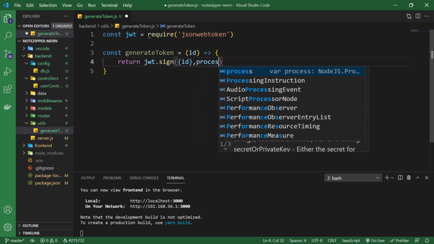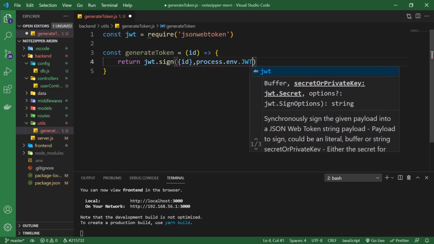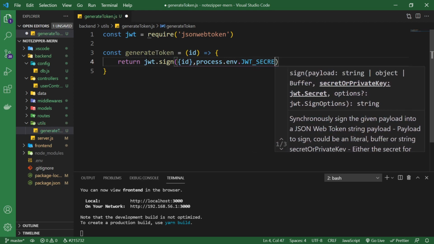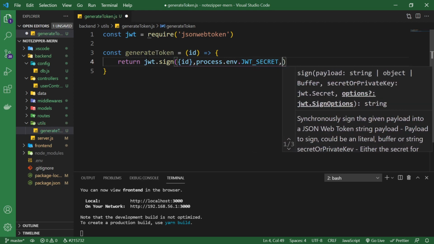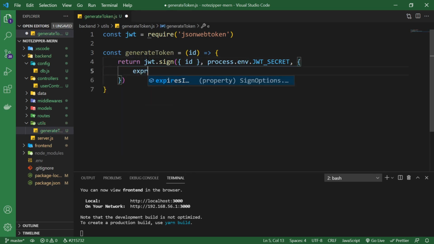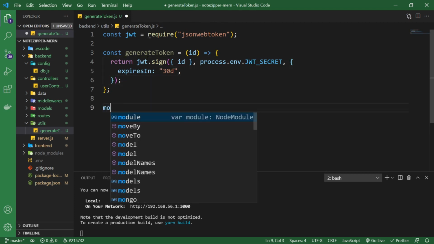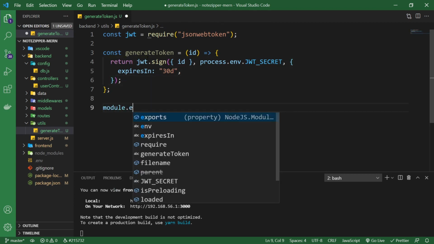So process.env, we're going to store it in our .env file. So JWT_SECRET. And we're going to set in what number of days the token is going to expire. So let's write expiresIn, and you can give the days, the minutes, the hours. So let's just give it currently 30 days. And module.exports